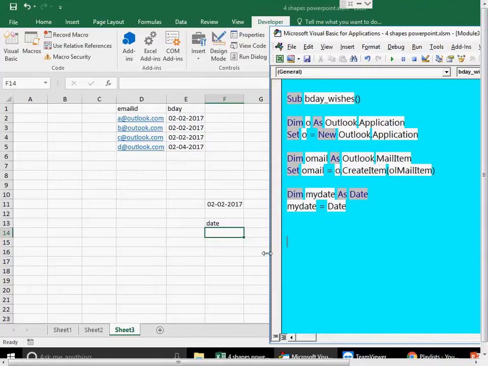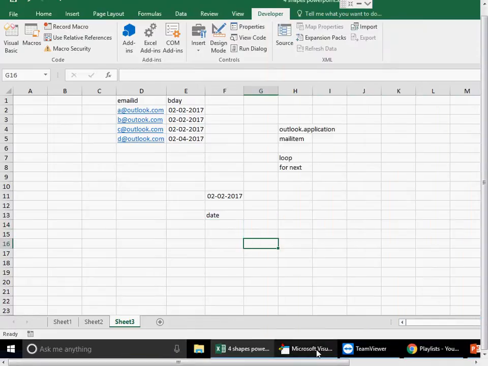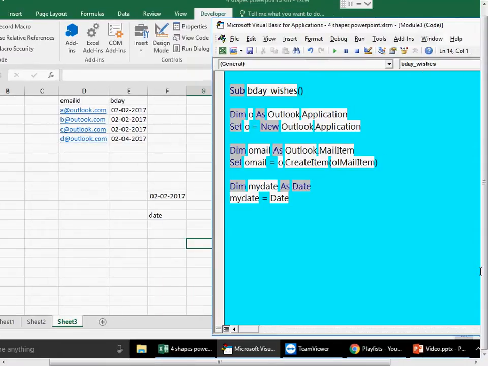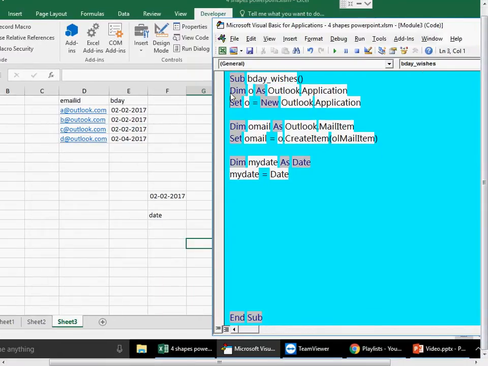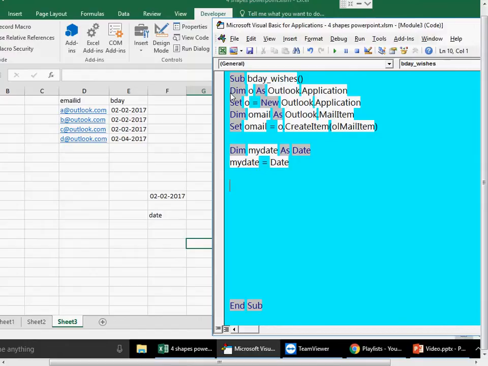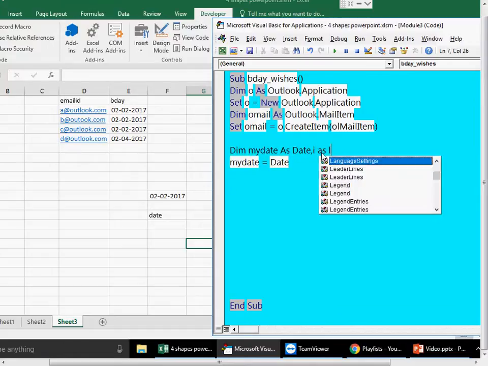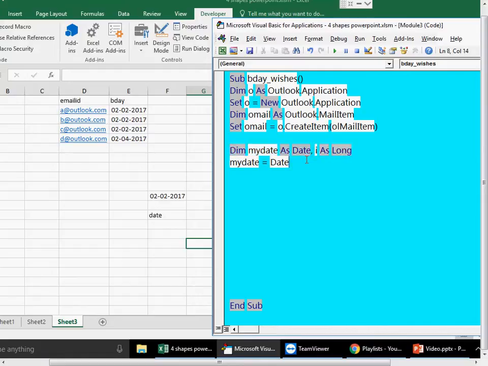wrong date. Now the next thing which we will be doing here is we are going to do the comparison. So let me just backspace it and give it a little more space. This is how it looks like. Okay, so now the next thing which I want to do is another variable I want to declare. So I can declare it in a single line, which is i As Long, and then we will write here For i equals to 2